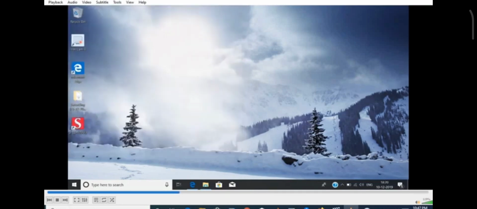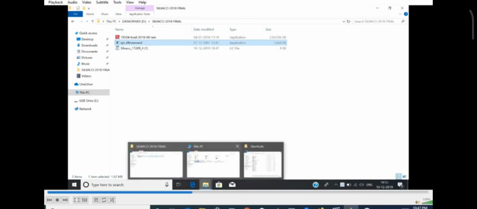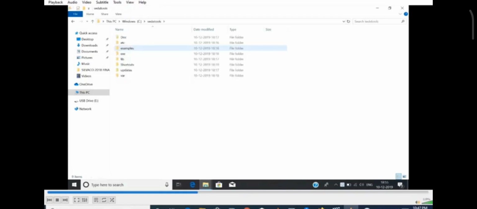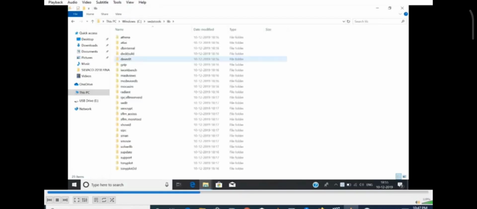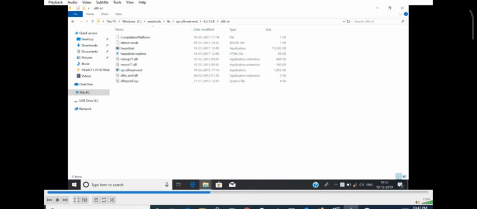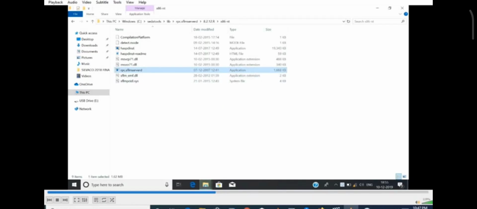After that, copy the rpc.sflm file from the downloaded link given below. You have to replace this file in the installation directory. On my laptop, the Windows C drive is the installation directory. Open the lib folder, open the SADA tool library, rpc.slm 8.22r x86 64 nt, and replace the rpc.sflm file in the destination. Right click on the file and run as an